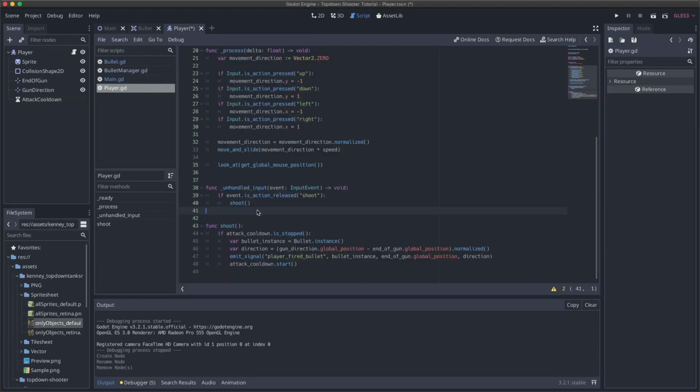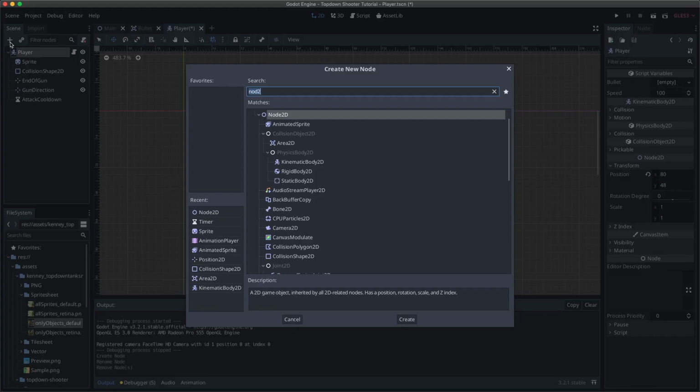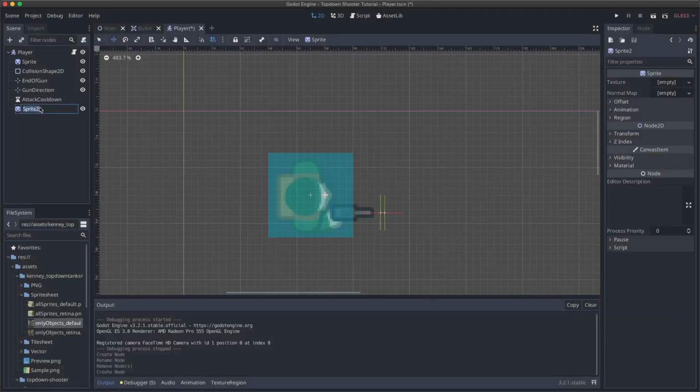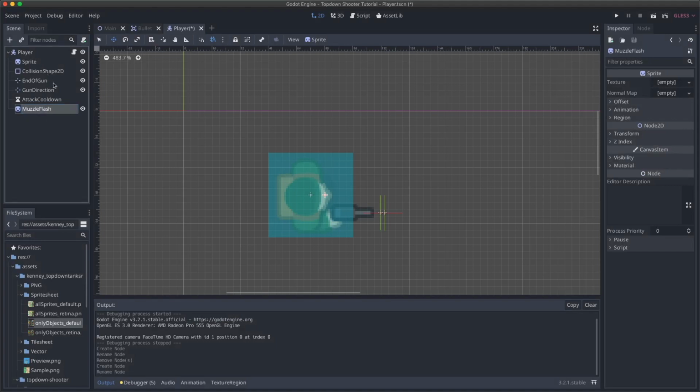So now that we have the cooldown, we want to add a muzzle flash to our weapon. And so in order to do that, I'm going to come back to our player scene here. I'm going to add another sprite, and this will just be a regular sprite. And I'm going to call this MuzzleFlash just to differentiate it from our other sprite that we have there. And then I'm going to add a texture to this. So if I come down to the top-down tanks asset pack that we have over here, I'm going to drag